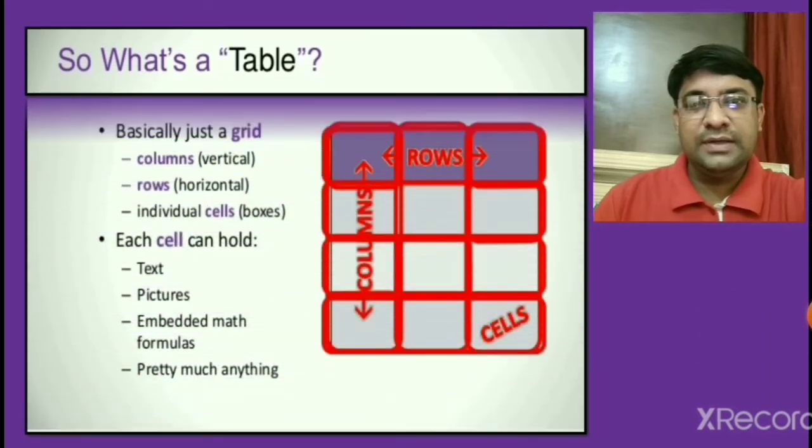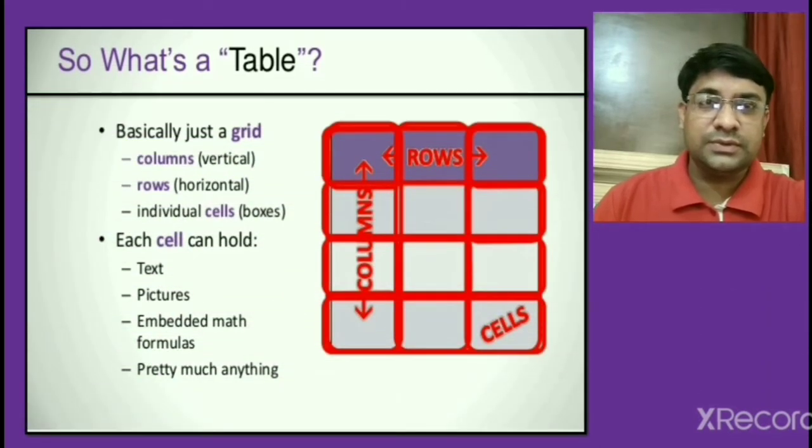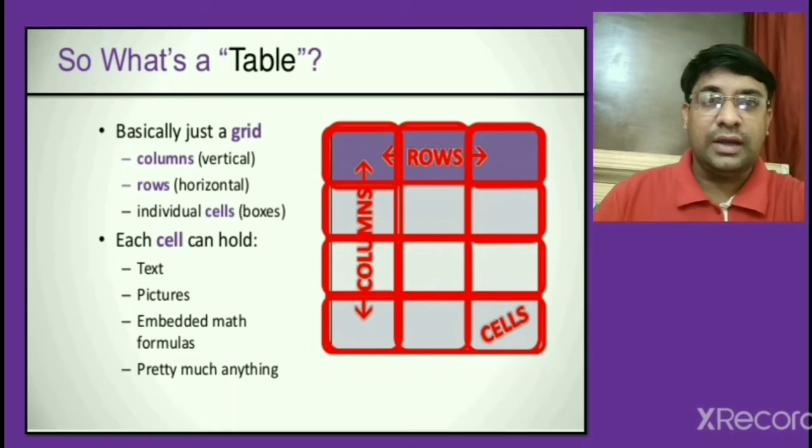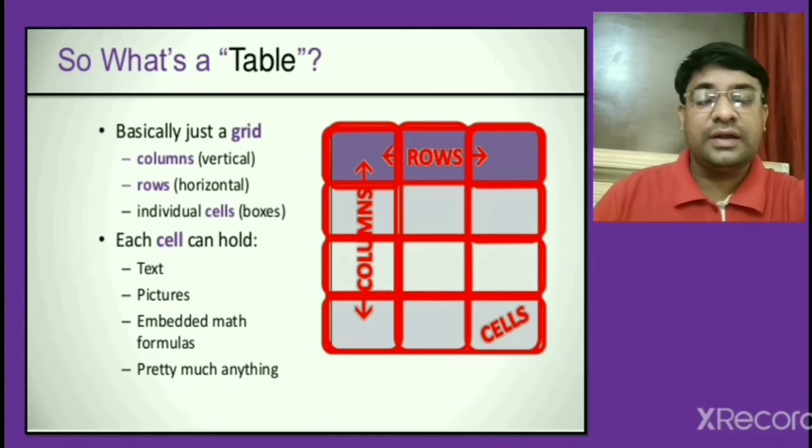A table is a grid of cells arranged in rows and columns. The vertical part of the table is called columns and the horizontal part of the table is called rows. The intersection of rows and columns forms a cell. It means each individual rectangle in the table is called a cell. Data in the form of text or graphics can be entered inside the cell. You can use a table in Microsoft Word to present information in a systematic and organized manner.